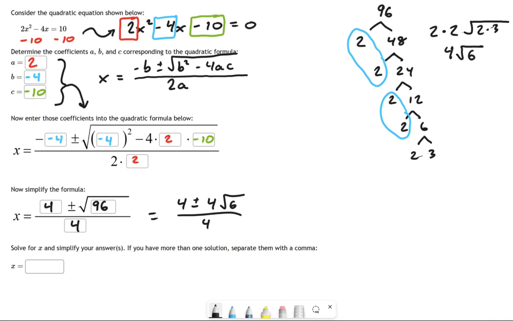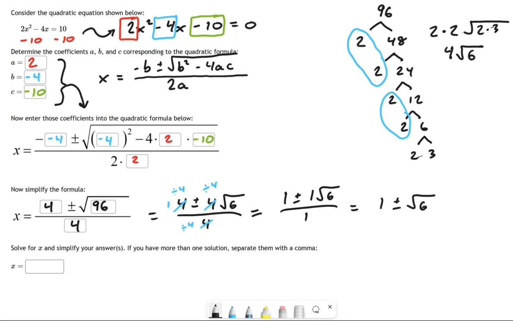Now, in terms of how we simplify, we have to be a little careful if you're going to divide by 4, and I'll show you how I see people often trying to do it. They say divide by 4 right here, and they cross that out and we get 1. Okay, well that's fine, but you have to do it to each one of these guys. This one over here gets it also, and this one over here gets it. That's another divide by 4. And what we get after all those divide by 4s, making sure that everything gets it, is 1 plus or minus 1 square root 6 all over 1. Okay, well that's fine. We can simplify this. We certainly don't need to say divided by 1. This is just 1 plus or minus square root 6.